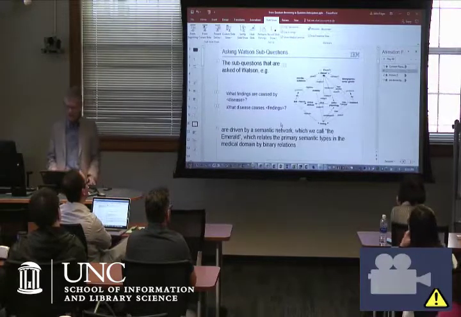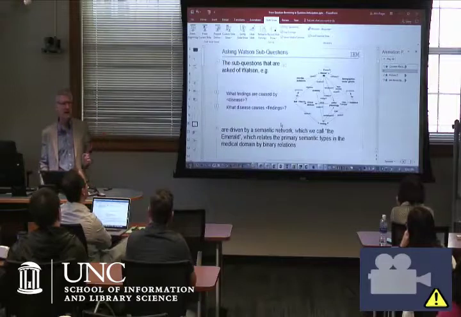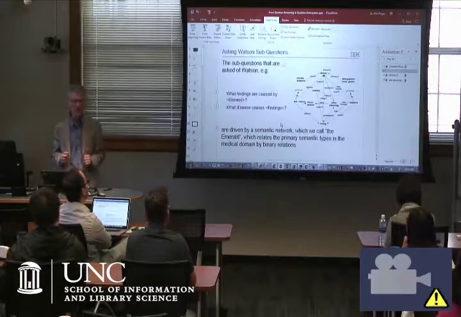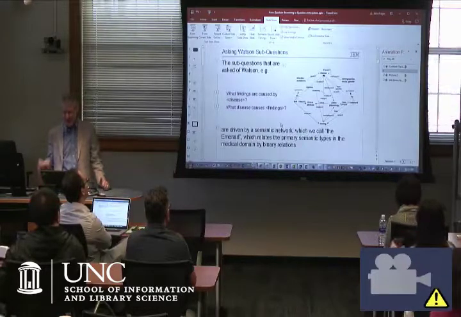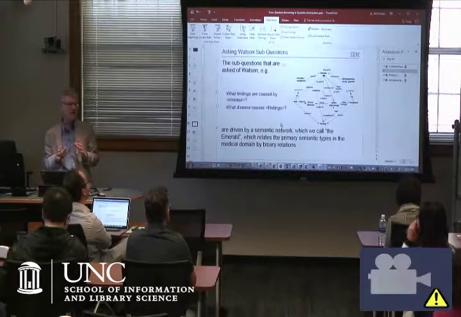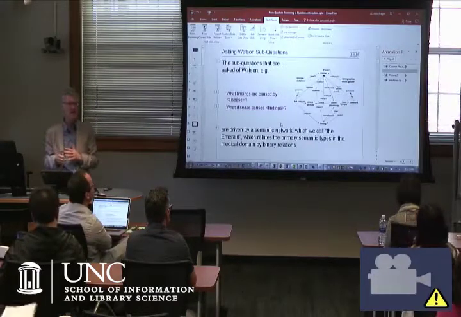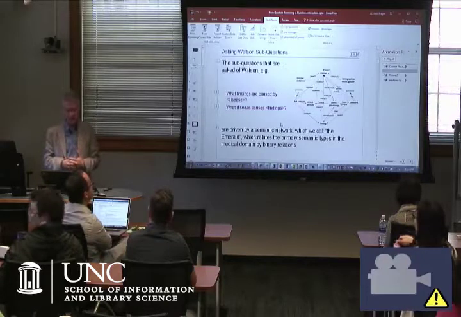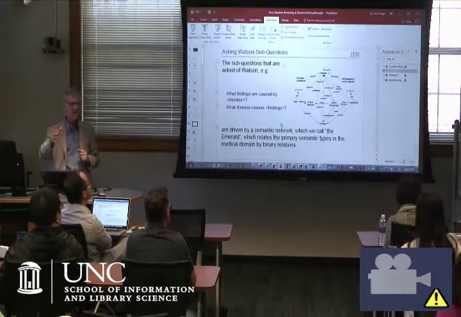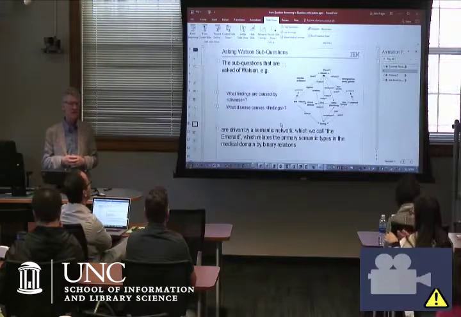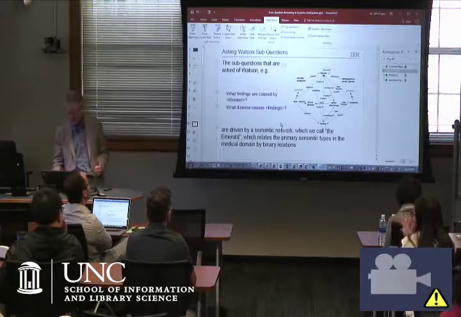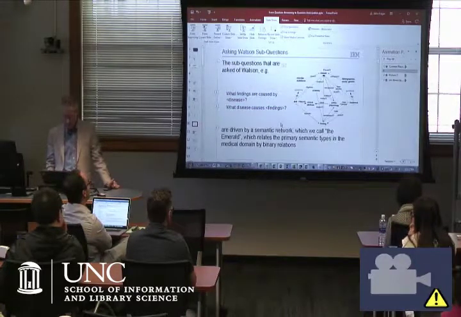But the activity that the system takes is governed by a semantic network. We call it the emerald because it looks kind of like an emerald in terms of the sharp, octahedral design. And it tells you which of the clinical semantic types are connected to which others by what kind of relation. So this tells you the question that you would want to ask. If you've got a disease and you have a finding, which is a medical term for symptom or sign, there's a causality relation. It tells you what the relations are that connect these semantic types. So that's the question that you're going to ask in order to try and get the strength of the connection.